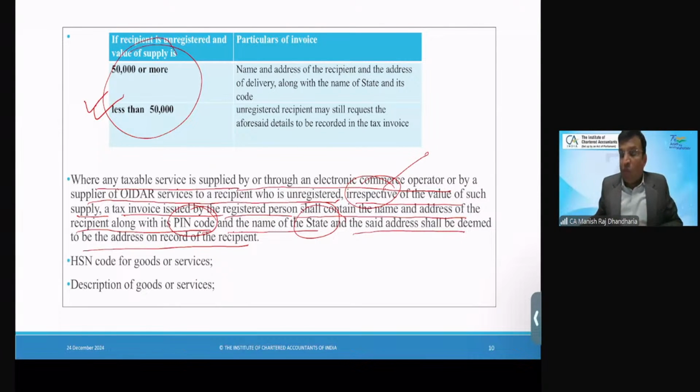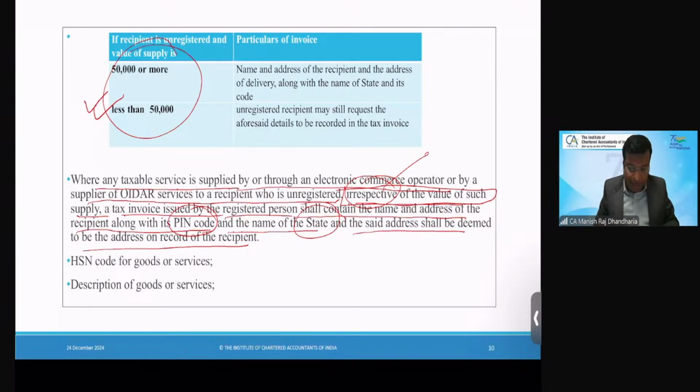So what I was saying, in case of consolidated invoice provision that we were discussing, if value is less than 200, I said there is no need to issue any invoice. But now again I am saying here it is mentioned that irrespective of any value. So let me clear you. This is the specific provision. This will prevail over that. In case of e-commerce operator, in case of OIDA services, in these cases, you have to follow this provision. I mean to say, irrespective of the value of invoice, you have to